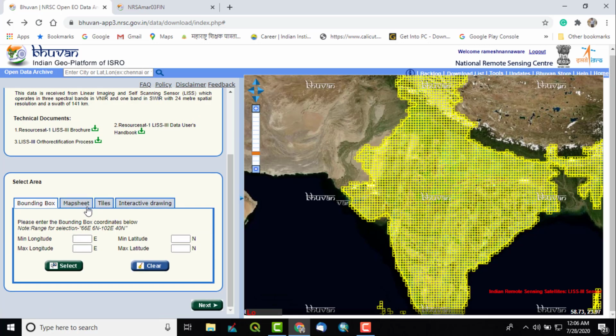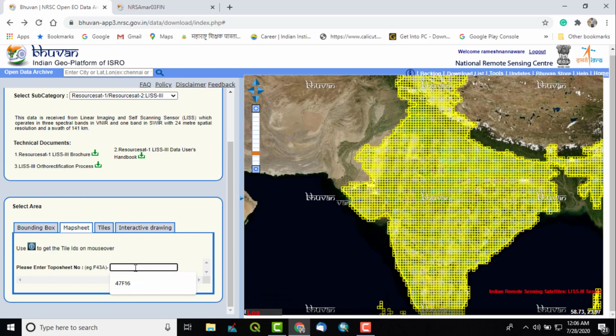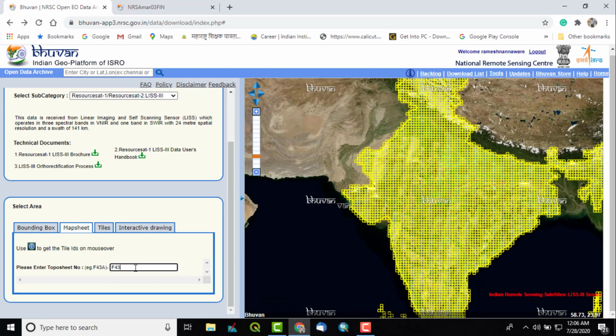Now the next option is map sheet. I will simply type F14A.